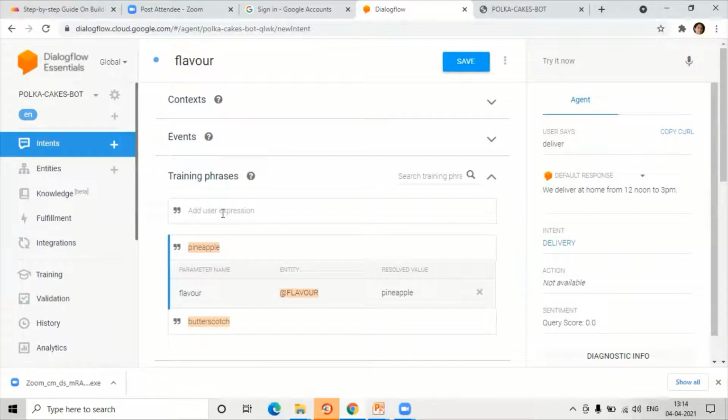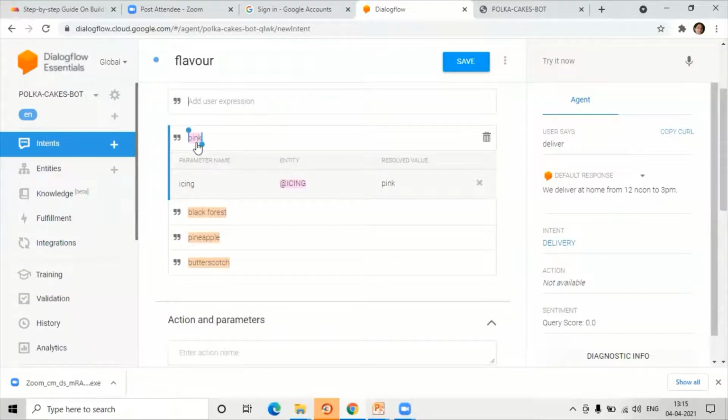So if the person says, I want a black forest cake, then also it will pick it up. These are the different ways. Or if we are talking about icing, it will pick that up too. Do you see the different color coding? This pink has been coded in a purple color for the icing entity.